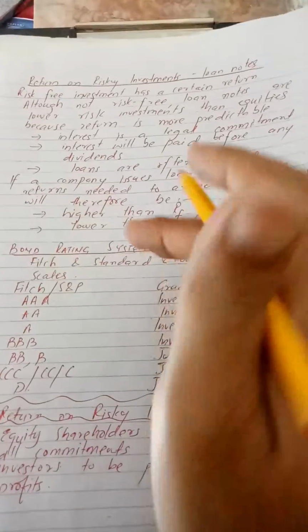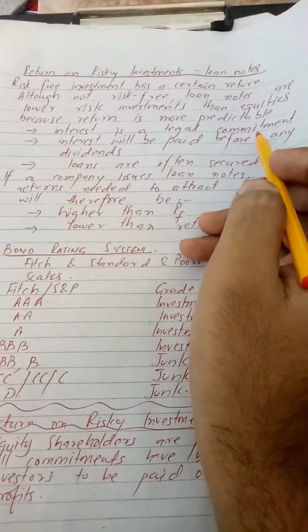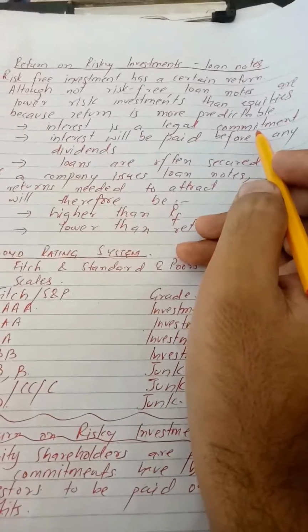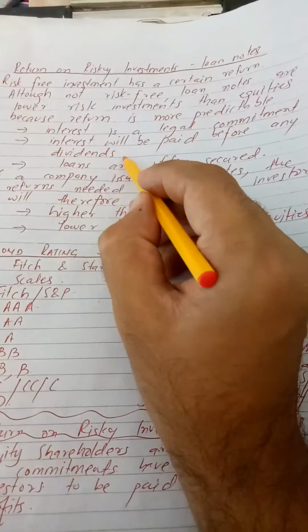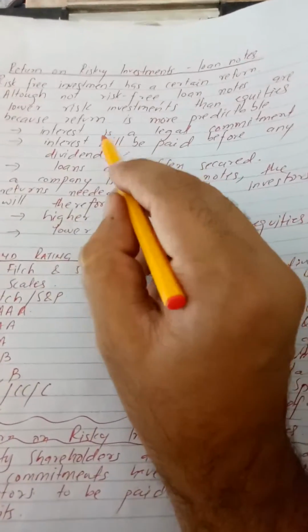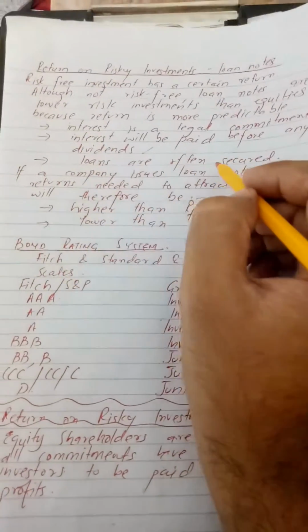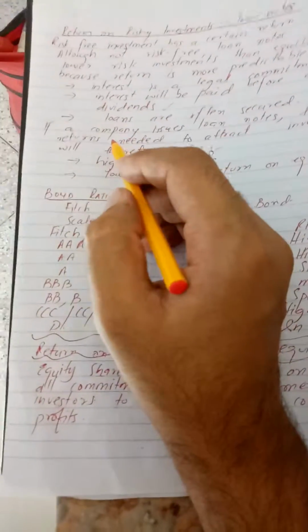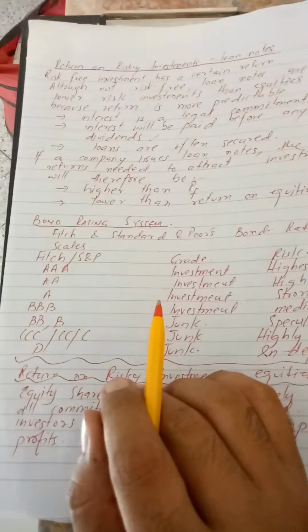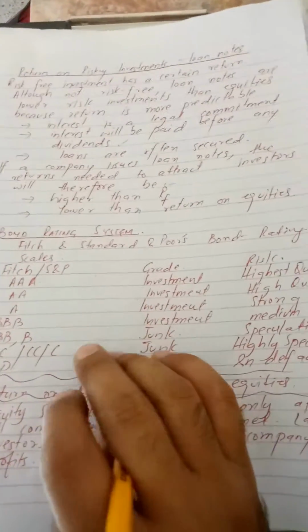In what ways? Because interest is a legal commitment. You have to pay the interest whatsoever the case. Interest will be paid before any dividends. That is, interest needs to be paid, it has to be paid, and it would be paid. And loans are often secured, that I've discussed. Normally the loans are taken against the assets of a company,